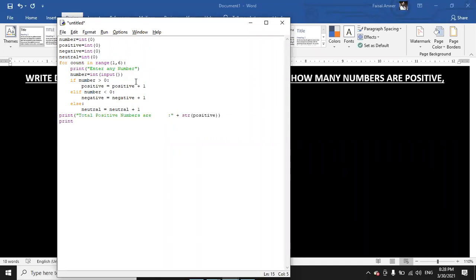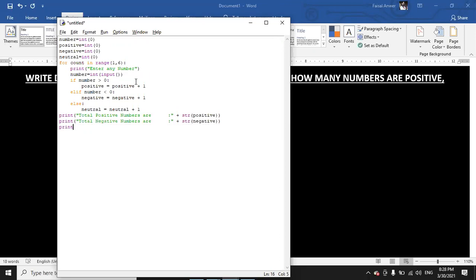Then print "total negative numbers are", str, negative, bracket close, bracket close.